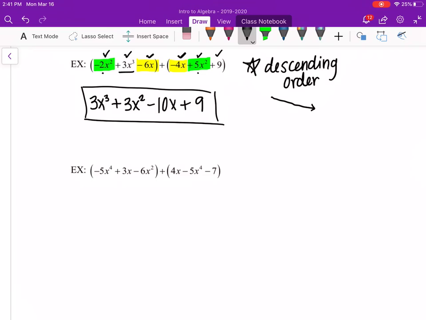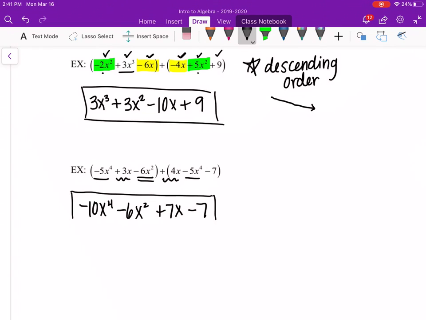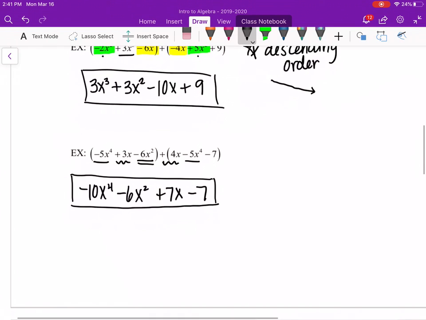I'm going to work it really quickly, but go ahead and pause it and give yourself a try first so that then you can check to see how you're doing. All right, so once you've checked that one,